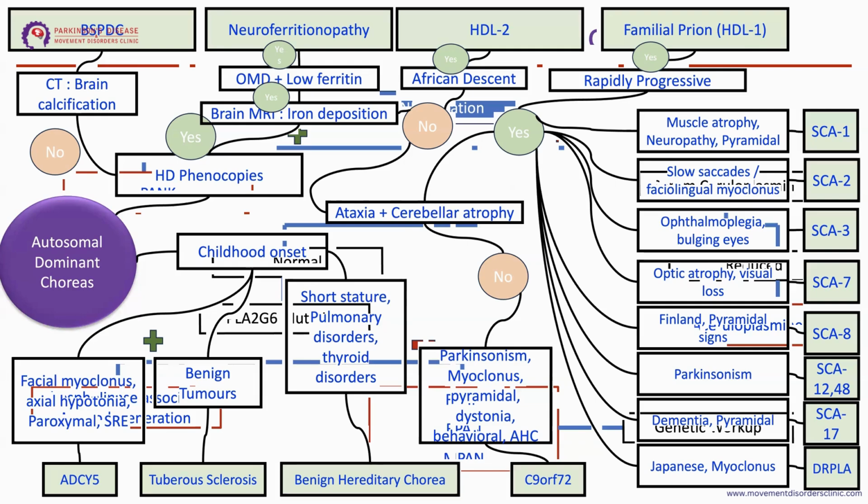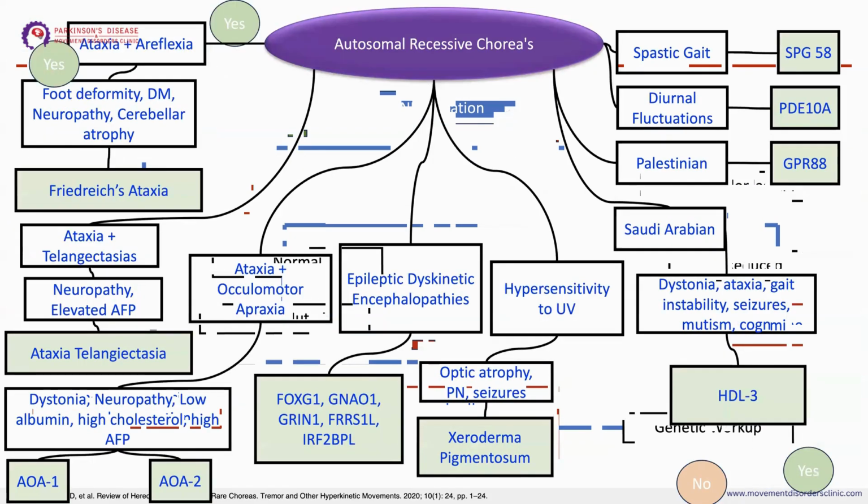This is for autosomal dominant choreas, and similarly for autosomal recessive choreas, we are looking for any associated peripheral neuropathies, chronic foot changes, ataxia, oculomotor apraxia. Are there any epileptic dyskinetic encephalopathies present? Are they hypersensitive to UV, ultraviolet radiation? Which territory are the patients coming from? Are there any diurnal fluctuations? Are there any associated pyramidal signs? These will give possible cues for what type of autosomal recessive chorea we are looking for, such as SPG58